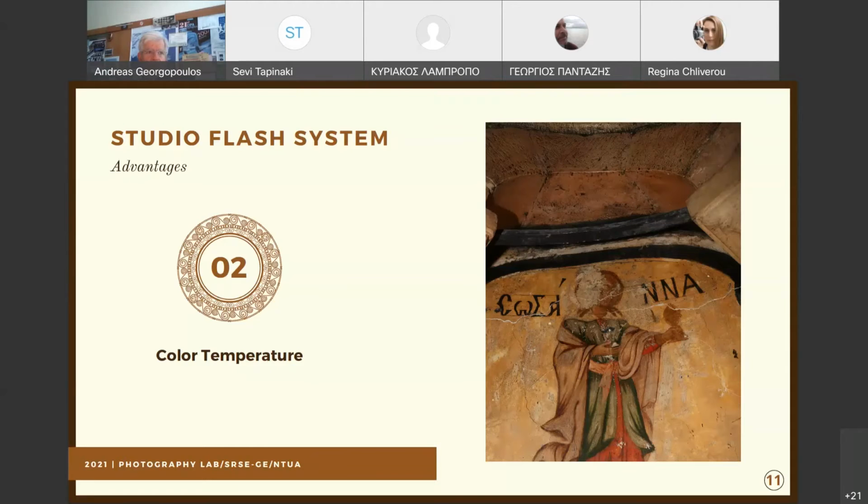So, by using a studio flash system, we didn't have any color deviation, and we managed not to need radiometric corrections, the technical process that fixes color issues and makes the image look like the original subject. This is very important in photography, as it is known that even the slightest correction in a digital imaging program reduces the clarity of the image, which needs so much effort in many ways to be achieved.